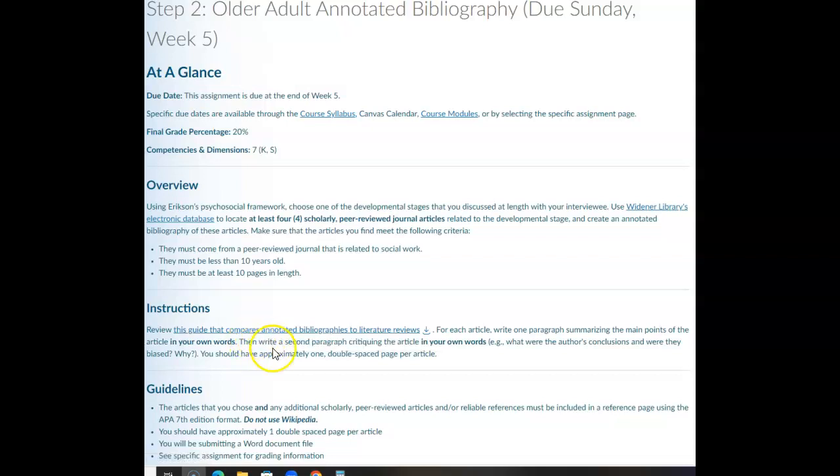So there's some more information here about annotated bibliographies. For each article, you should have approximately 1 double-spaced page that includes both the summary and the critique. This is due by Sunday of week 5, which is why you need to have completed the actual interview before